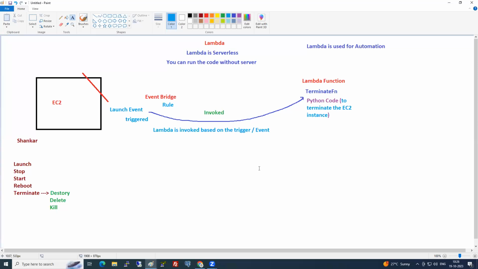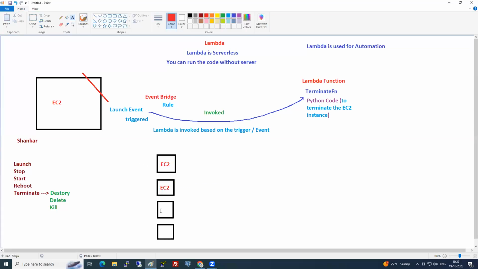Okay, I'll give one real-time example. Say I have 100 EC2 instances. I don't have space, that's why I put only four. All these are EC2 instances.